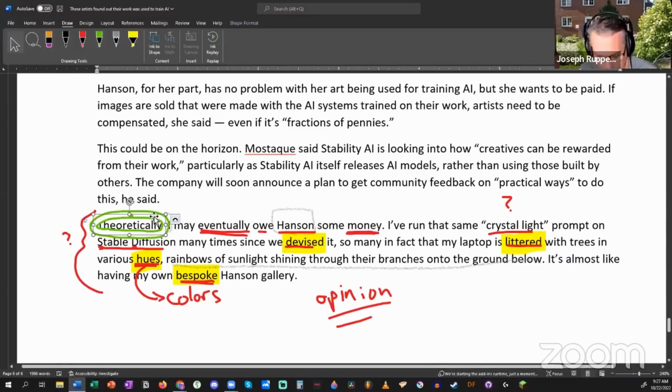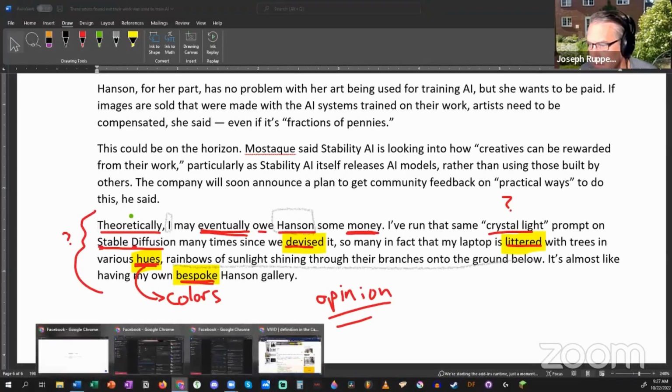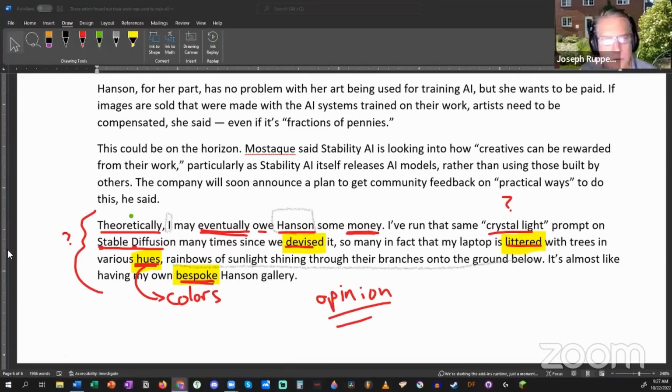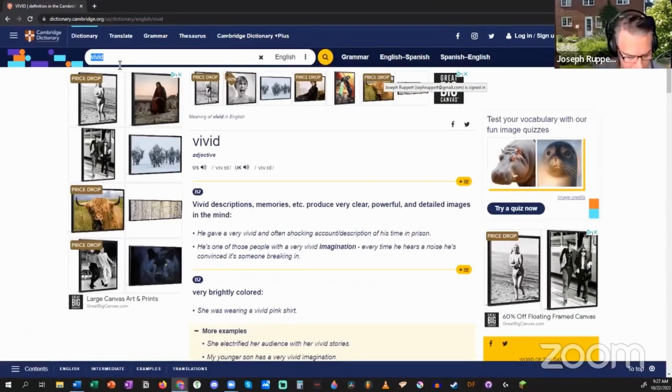All right, great. Let's take a look at some of this vocabulary here. So devise. Let's do this. Let's take a look. Where is my dictionary? Oops, it's back over here. All right, so